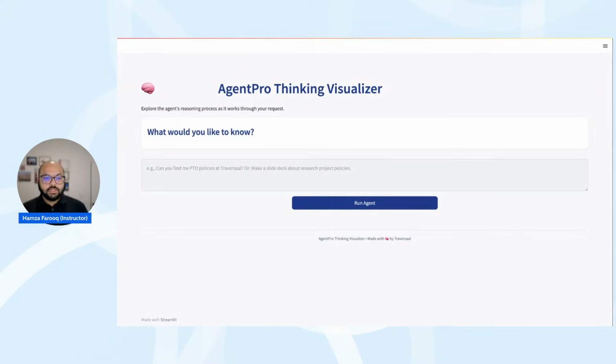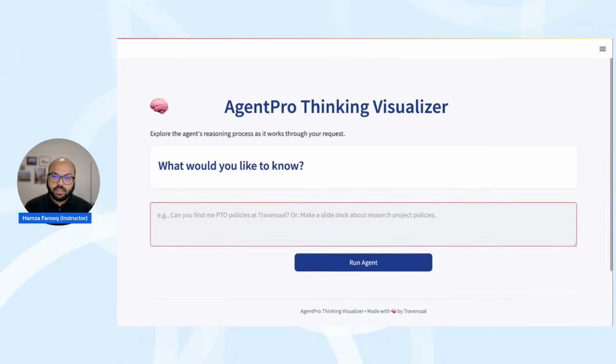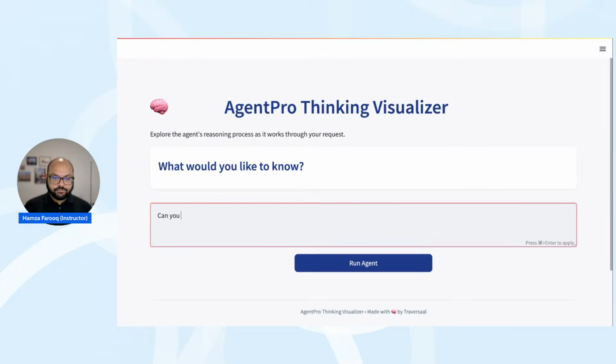And the third is a tool for slide generation. It can generate slides for you, not very good slides, but it can generate slides. Live demos are always notorious for going wrong, but I'm going to try it anyway. I'm going to write a question. My first question is, can you find me info about S3 bucket?